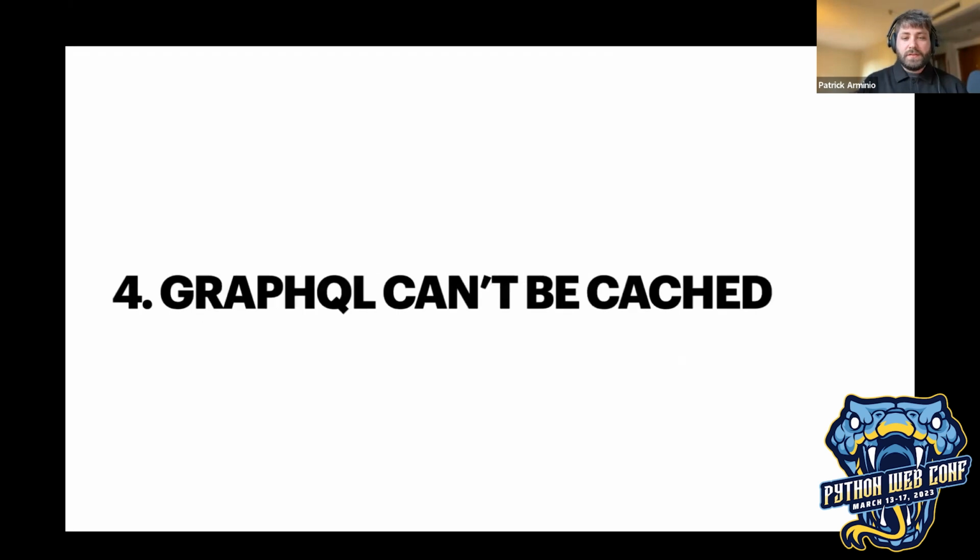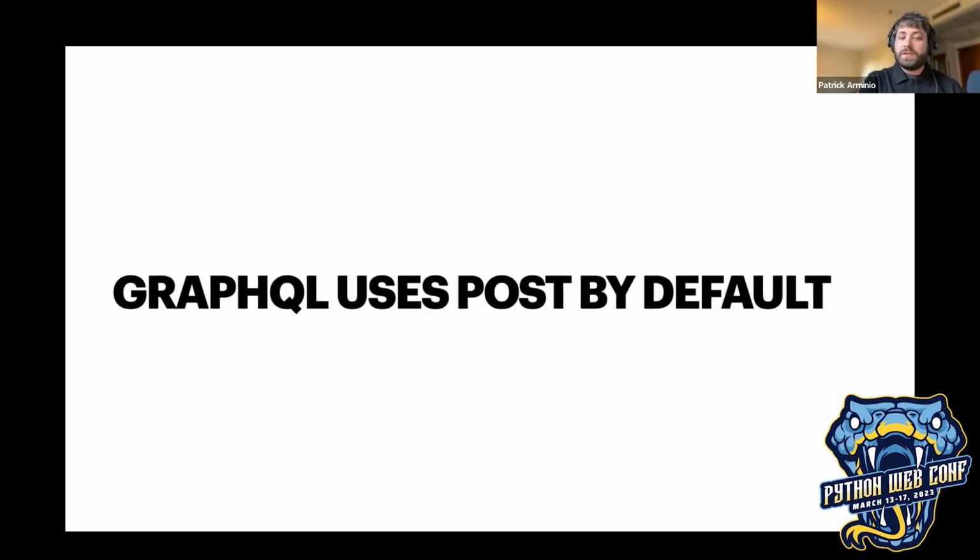Related to this, there is also this other myth about the fact that GraphQL cannot be cached. And there are some ideas that can also apply to security, which we'll see later. But this myth comes from the fact that GraphQL by default uses POST. And I think this is because of two reasons. One is that the document that you send for specifying the fields that you want to fetch might get too long, and then it's going to go above the limit of URLs, which is something you don't want because otherwise you'll not be able to query data.